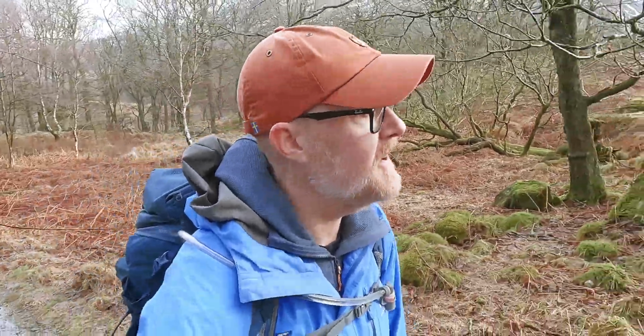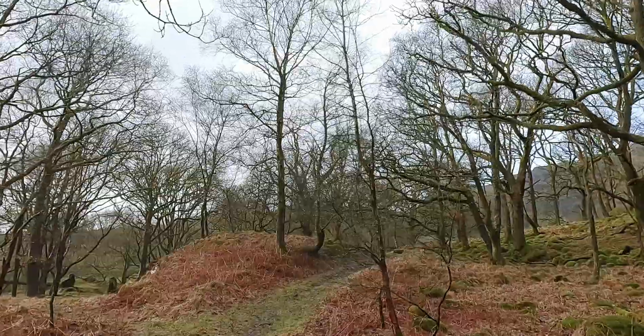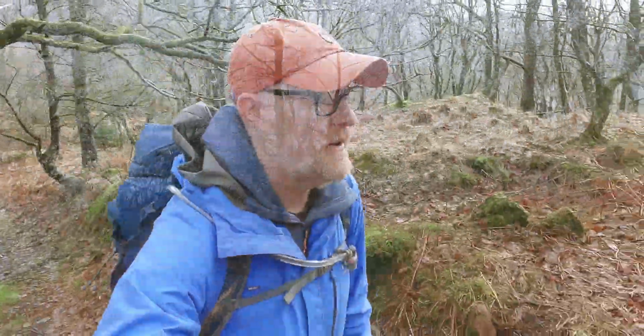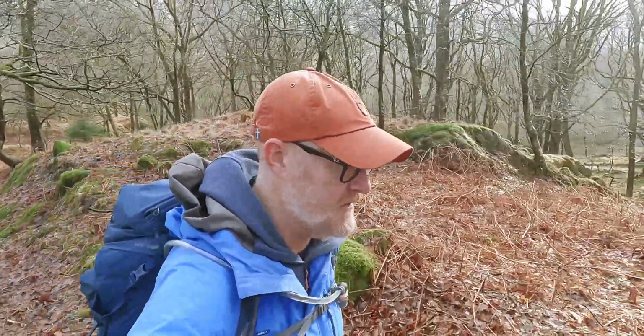We're currently walking through Great Wood, which already contains a lot of well-established native trees. A lot of oak trees I can see, and birches and a lot of moss. Already the Forestry Regeneration project has seen the return of otters and badgers and